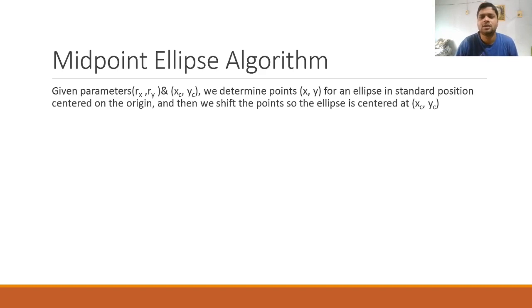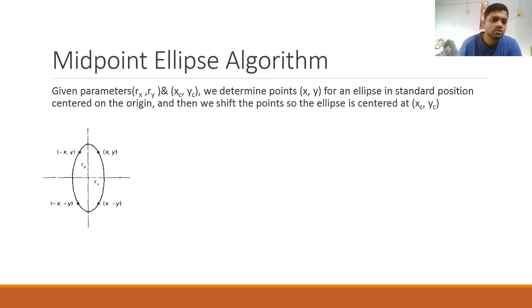So initially we set the standard position for the ellipse center, that is the origin, and then we shift it to the desired location of the center. So let's say something of this kind. What we have done here is we have again divided the regions into typically 8 octants. The octants are made by keeping the logic the same.